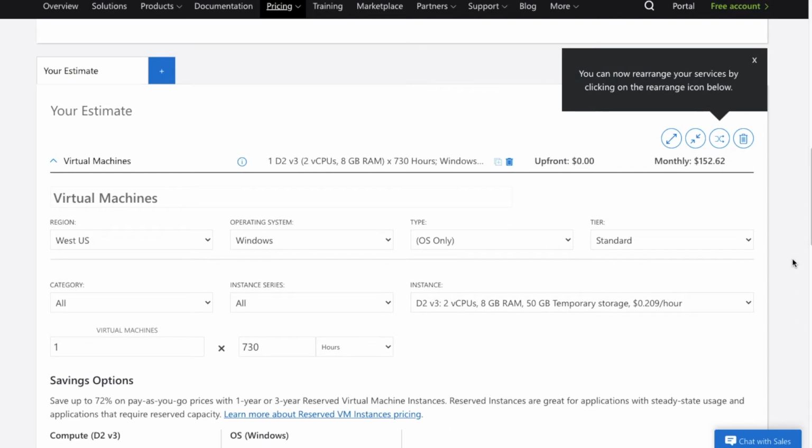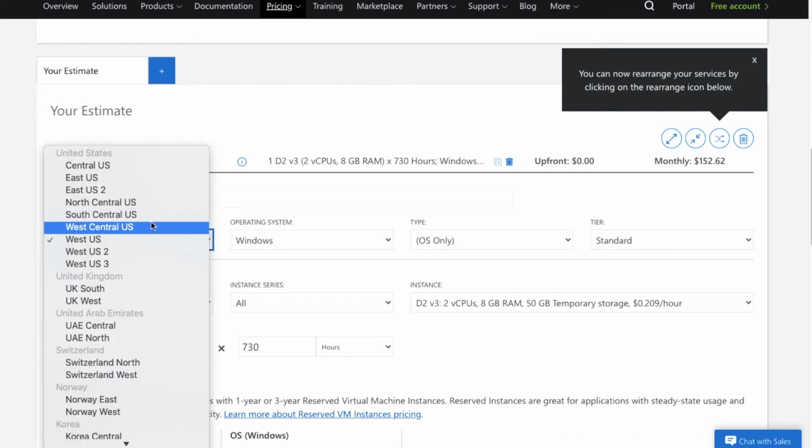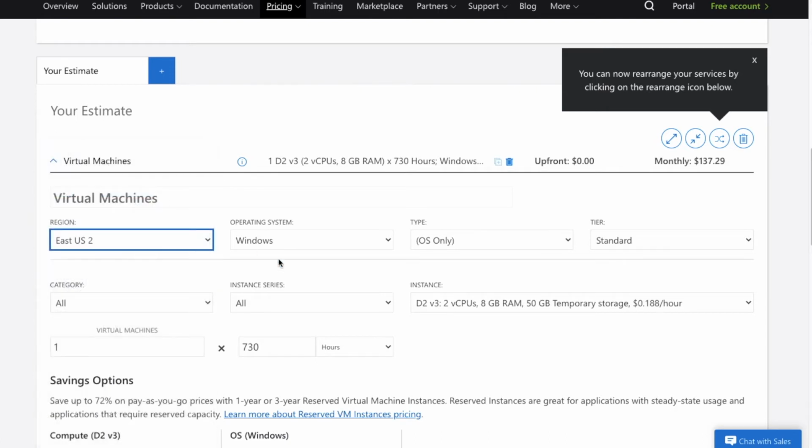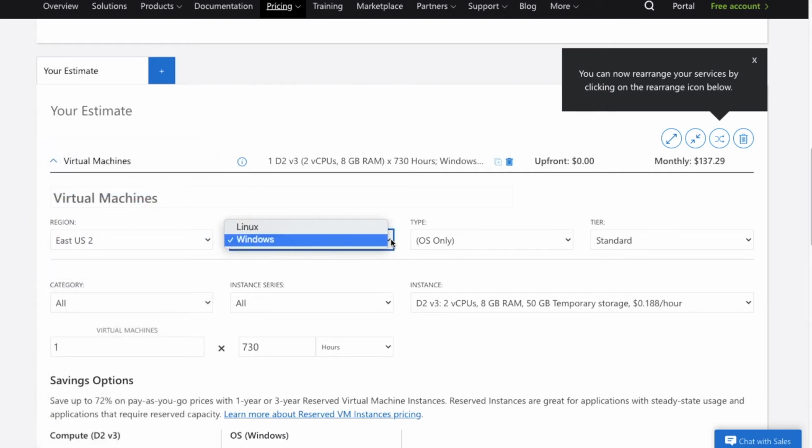Here I can estimate the cost of VMs. I can change the region. For example, by default it is selected as West US. I can select East US too. I can select the operating system as Windows or Linux. I can select the OS type.